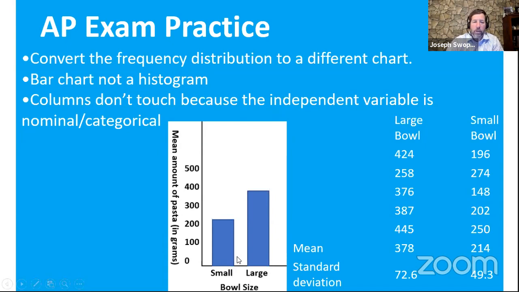Well, of course, chocolate's better than vanilla. We all know that. But you get the idea that it's small or large. They're categories. The columns have nothing to do with each other. Therefore, they don't touch. So let's hope you came up with and correctly labeled the x-axis with the independent variable,